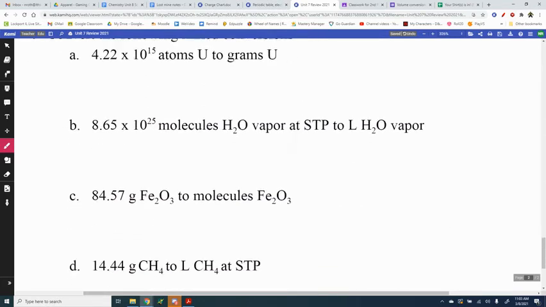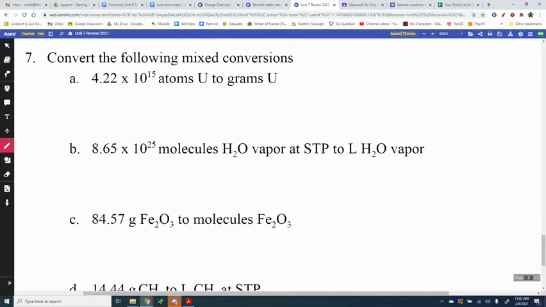Now we're going to mix it up a little bit. We're going to do a whole bunch of different ones. Okay. So we got to identify what we're starting with. We're going to identify what we're going to end with. Okay. So we start with our given